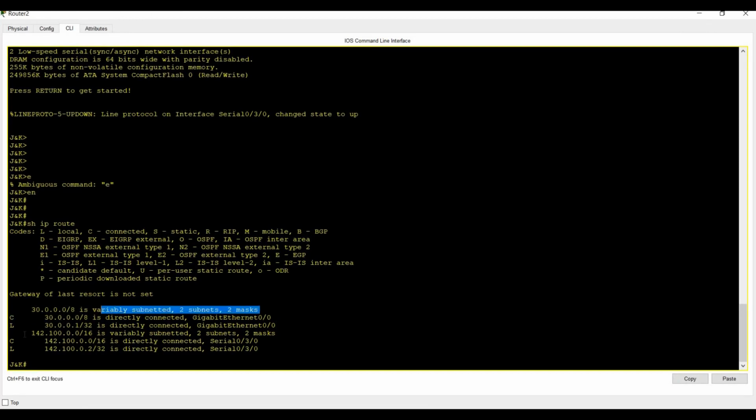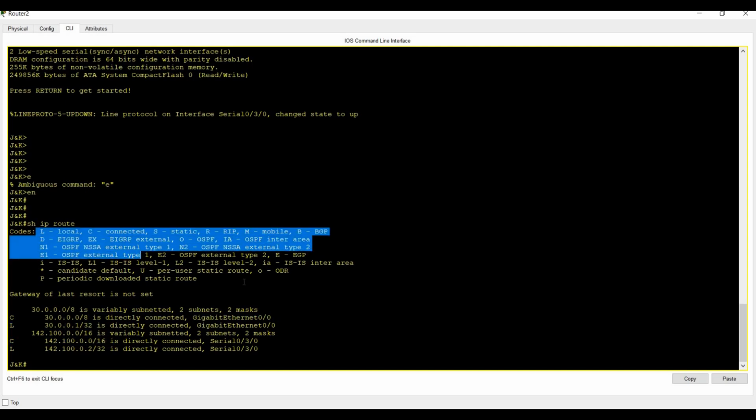C means directly connected, it's logically connected. You can see these codes on these tables: L local, C connected, S static, R RIP.